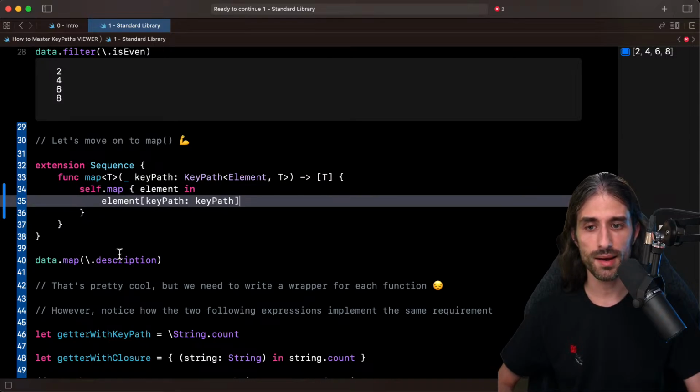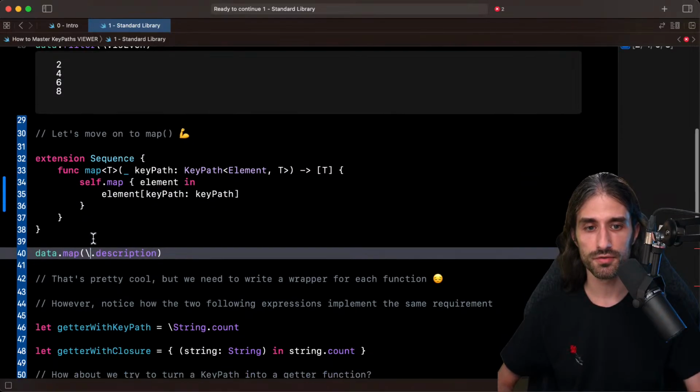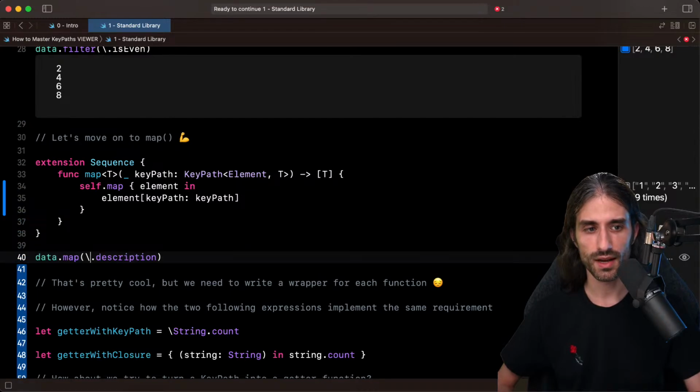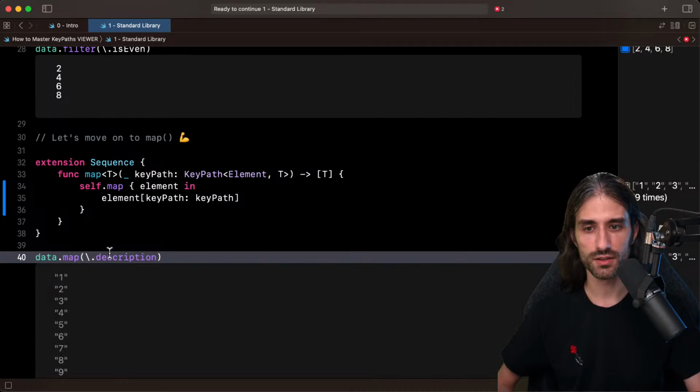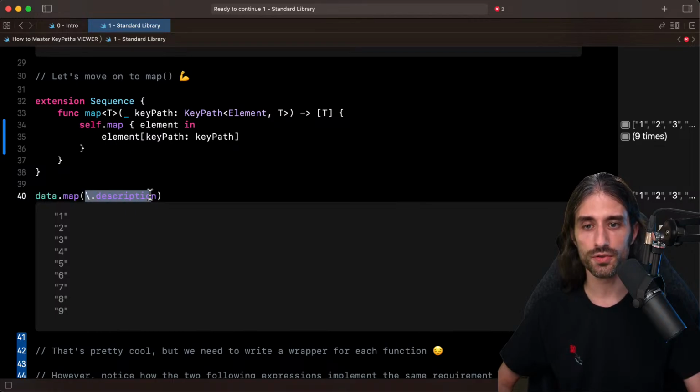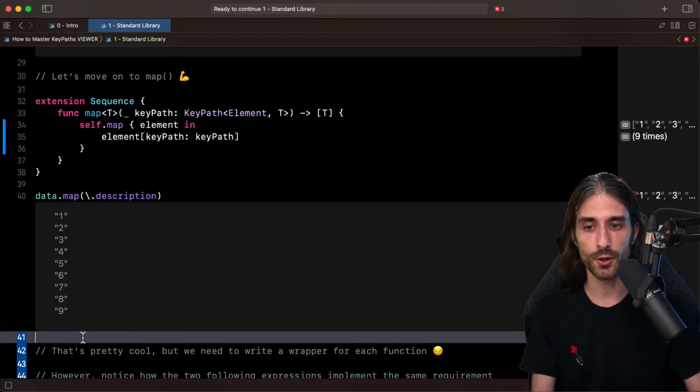And so now I'm going to call this map function. And as you can see, I get the result I wanted to have. So now instead of the integers as an int, I have the integers turned into strings, as you can see from the double quotes. And so I've been able to call the function map by passing the key path that refers to the property description rather than passing the closure that called the property description.